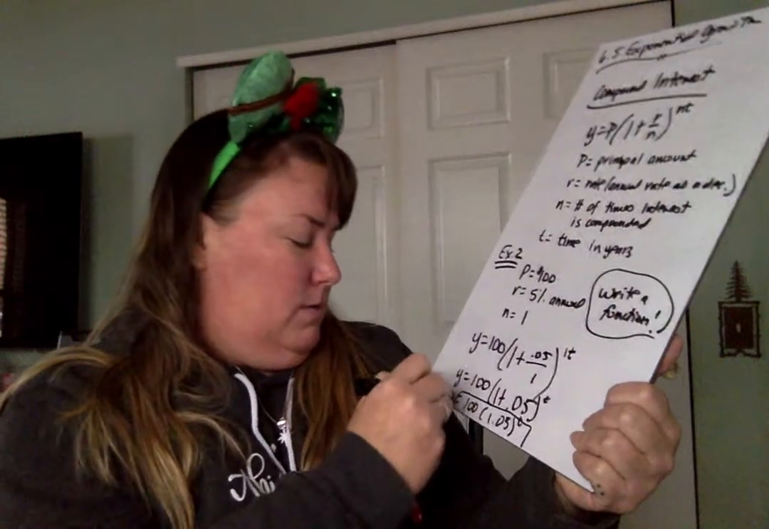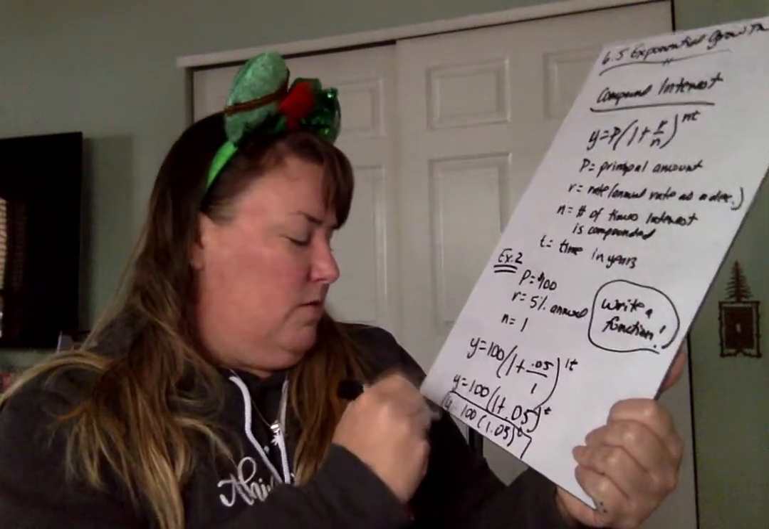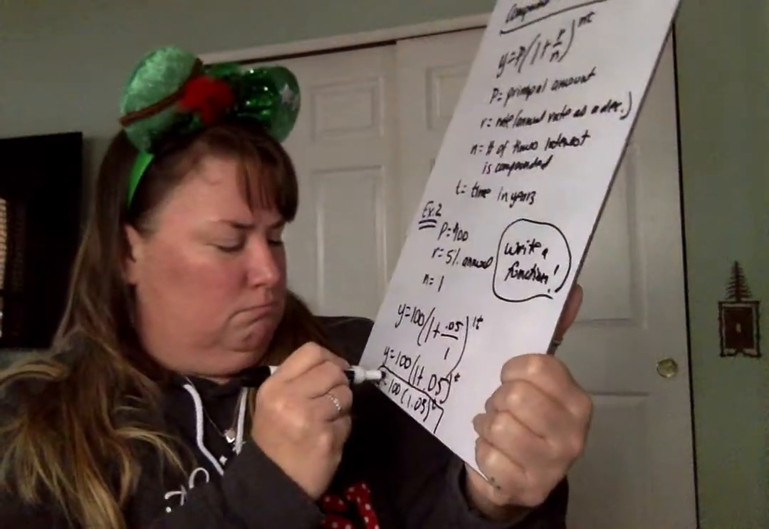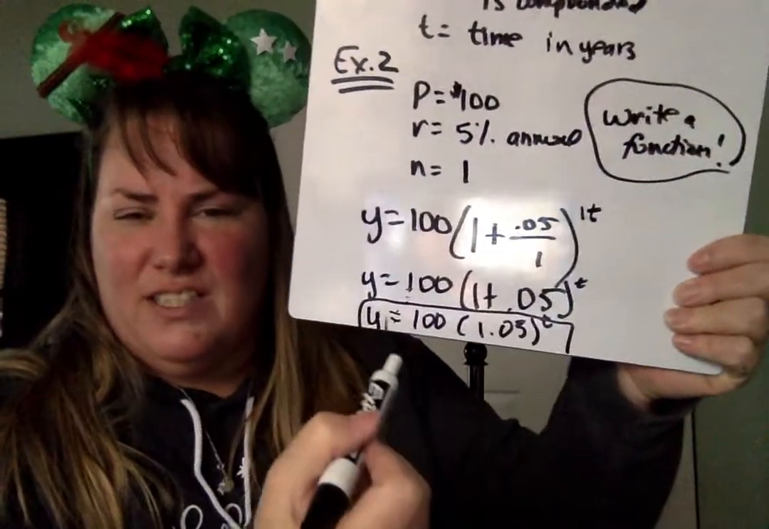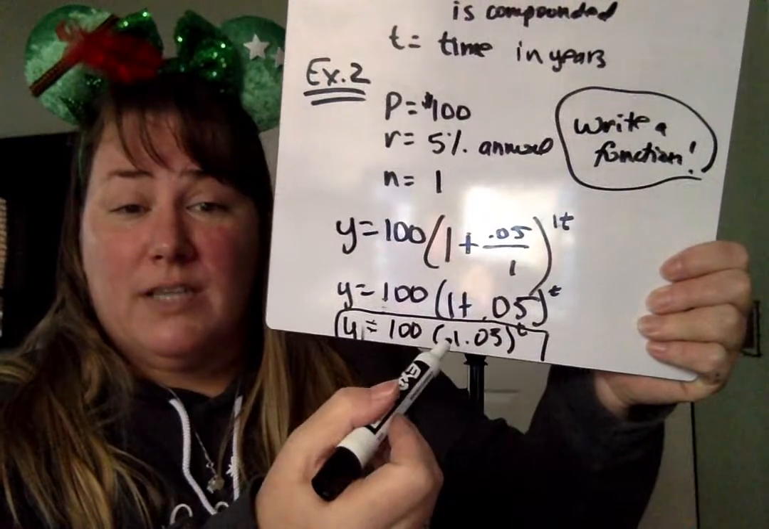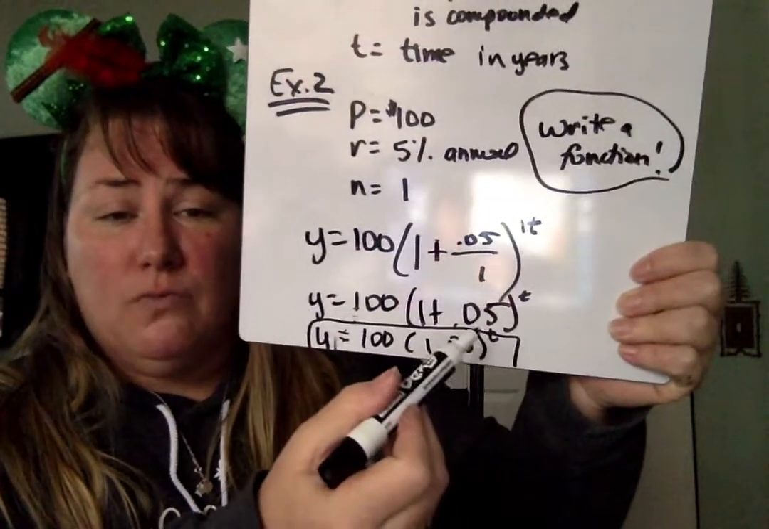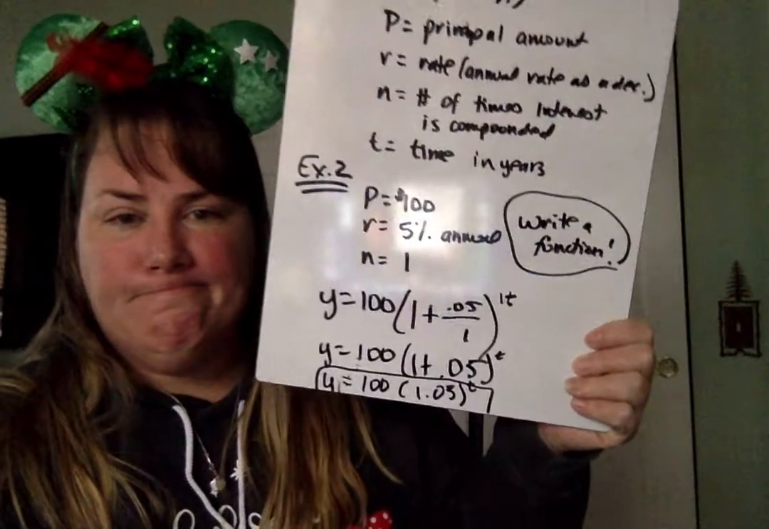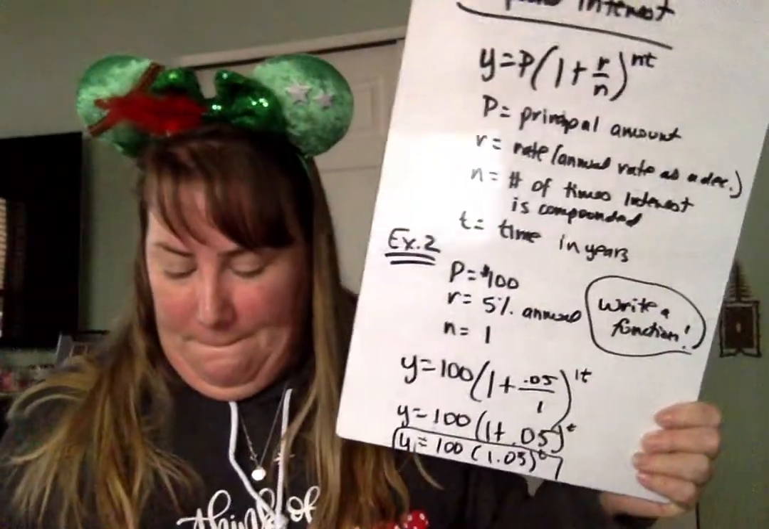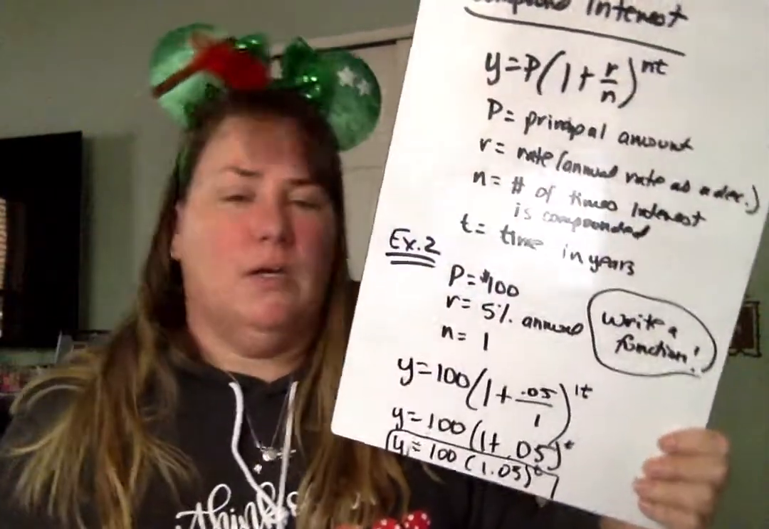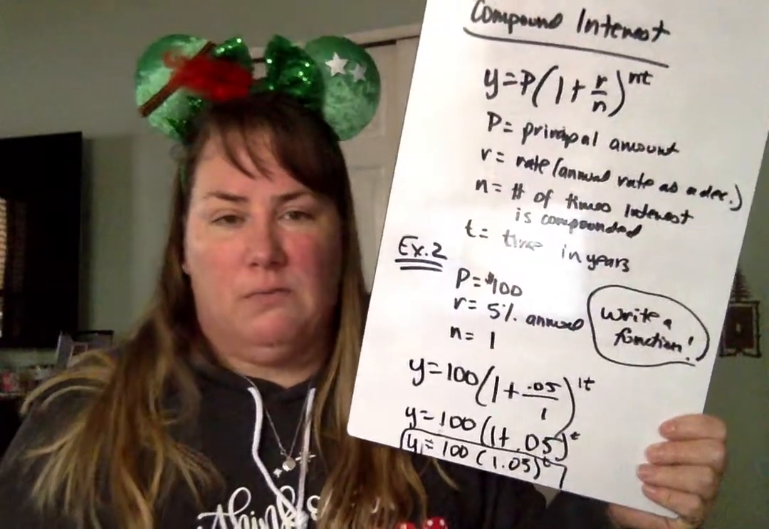I forgot to circle my y over here. And that's your final answer. Y equals 100 times the quantity 1.05 to the t power. So we're just substituting the numbers in and writing our function. And then from there, you'd be able to solve a problem based on